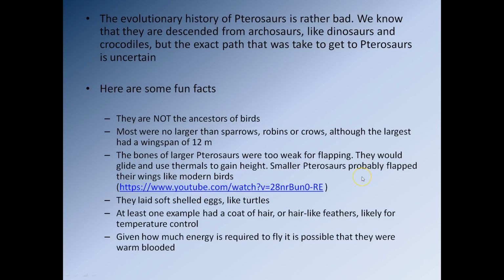Smaller pterosaurs, on the other hand, probably did have the capacity to flap their wings. So if you go to this link here, it's a link on a YouTube video that shows you a portion of the movie Jurassic World, and you'll notice that in this portion of the movie you'll see both the small pterosaur